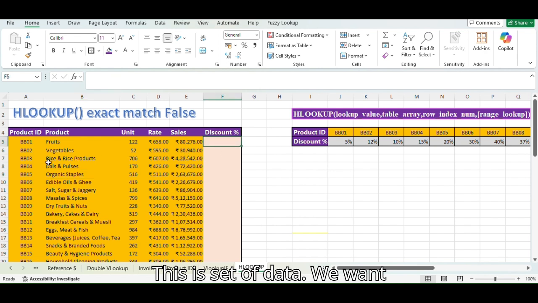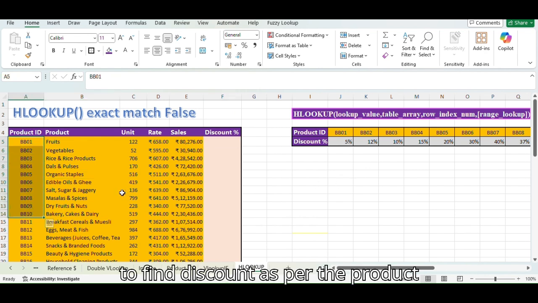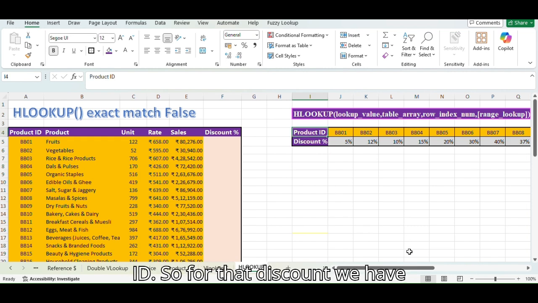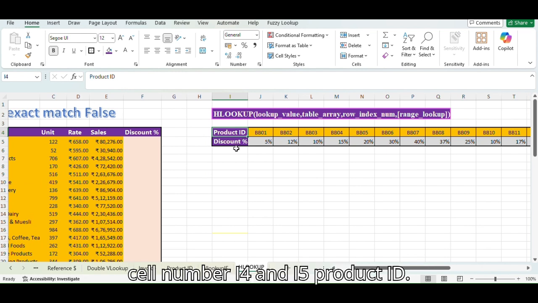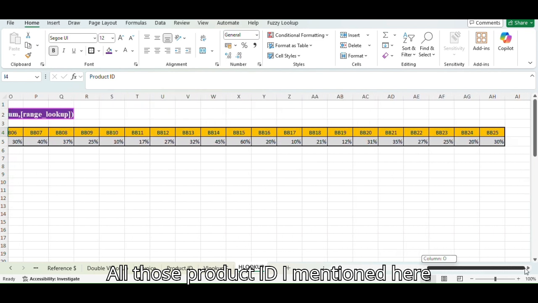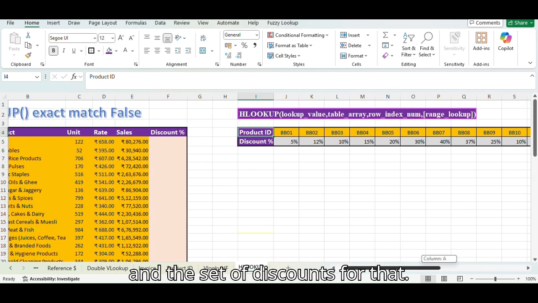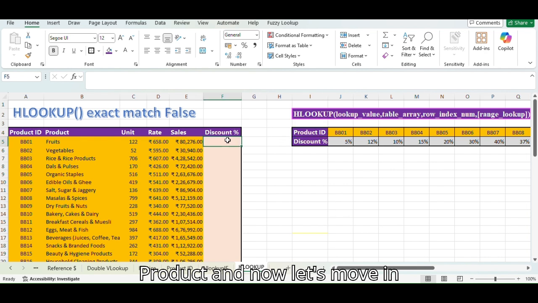We want to find discount as per the product ID. So for that discount, we have separate data here itself. Okay, under cell number I4 and I5, product ID, all those product ID I mentioned here, and the set of discounts for that product. And now let's move in to this formula called as HLOOKUP equal to